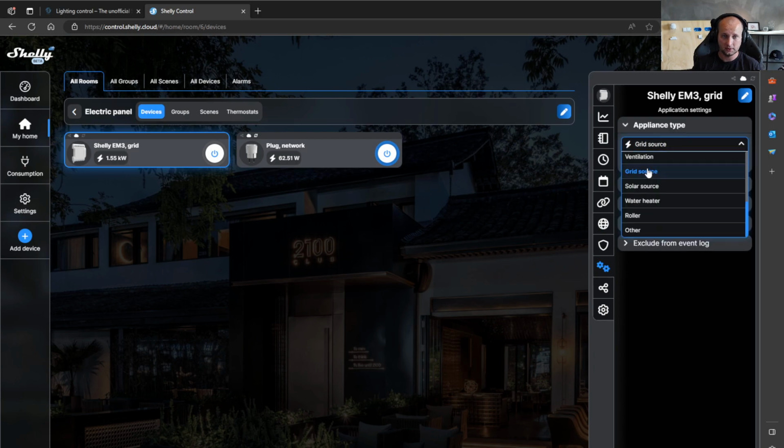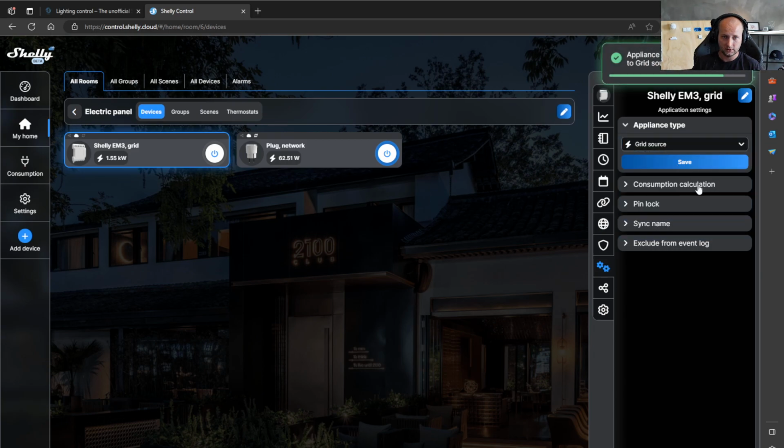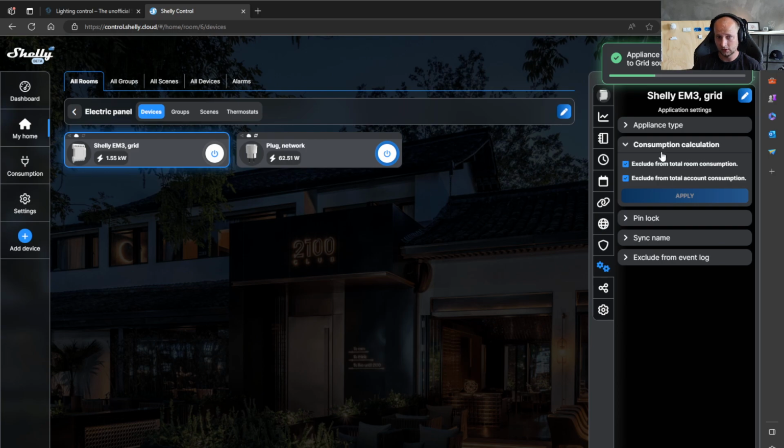So this is a grid source. You can here change between different kinds of appliance types. Press save, and I can show you the consumption calculation. This is a very nice function. You can exclude this device from total room consumption or exclude it from total account consumption and so on, depending on how you would like to see your consumption information in your energy dashboard.